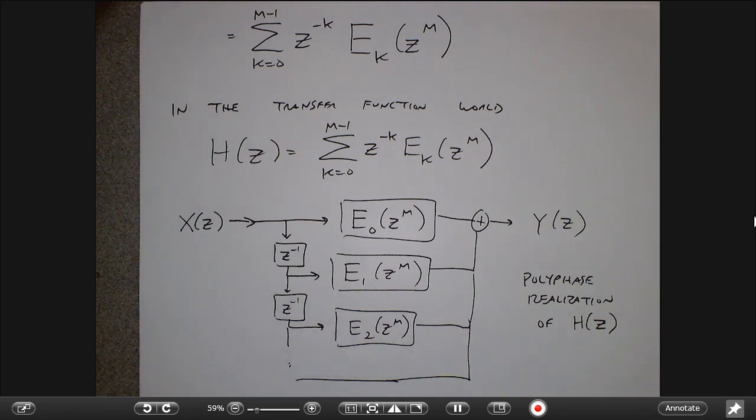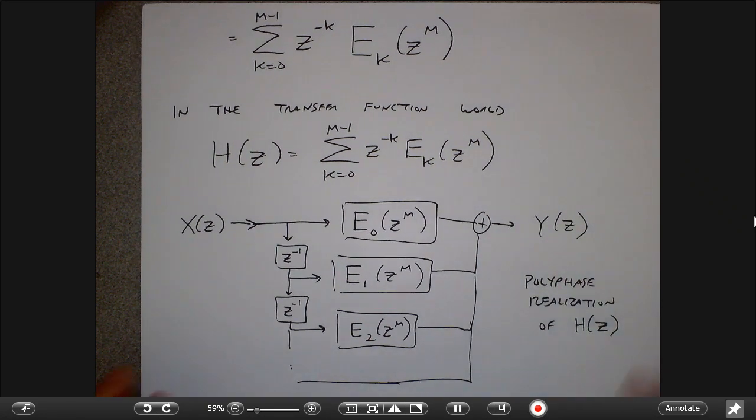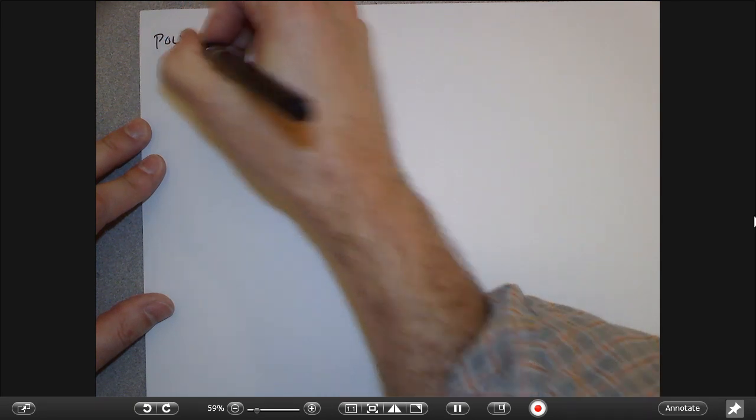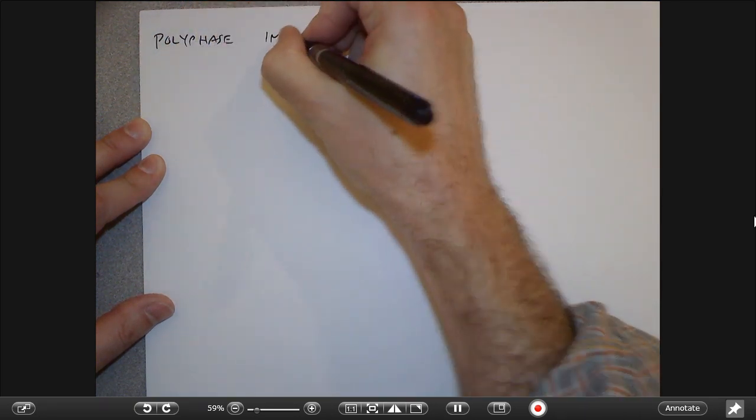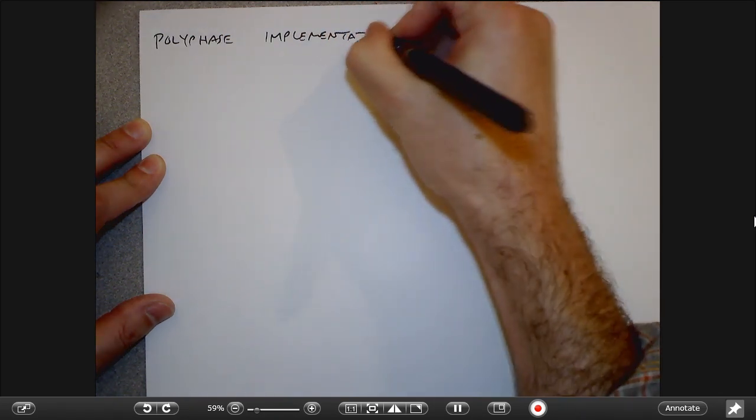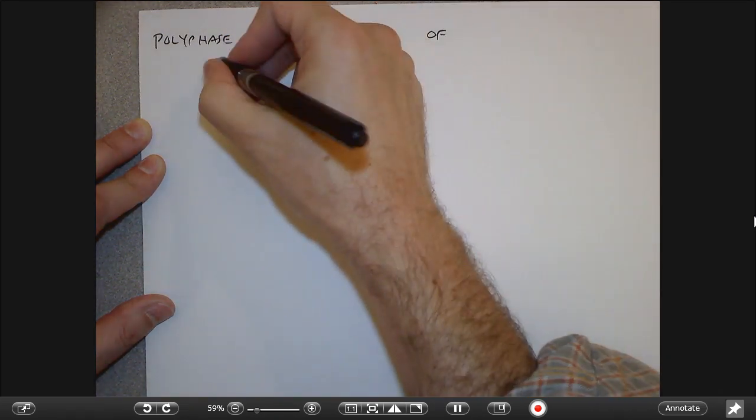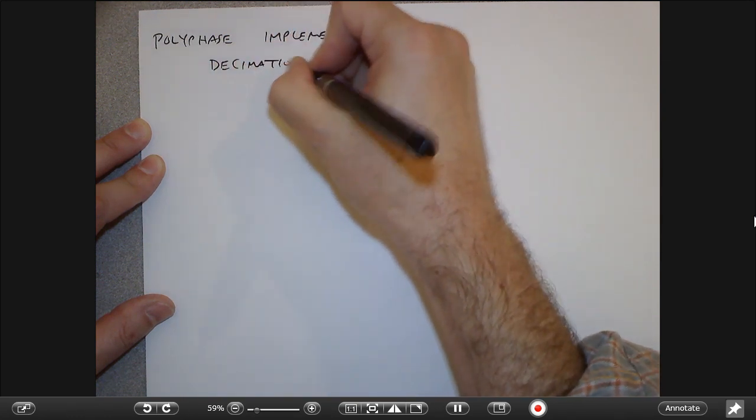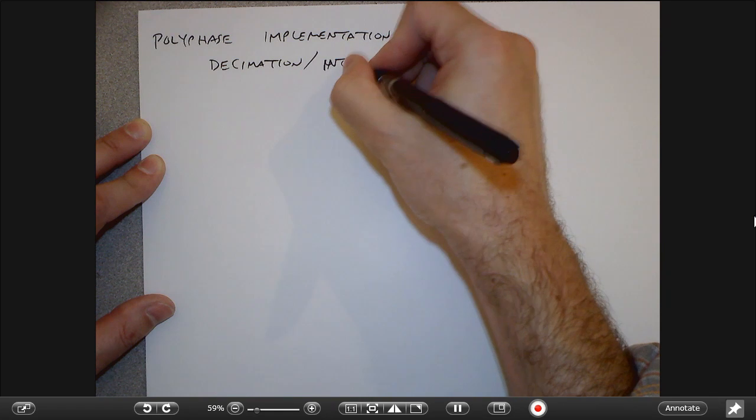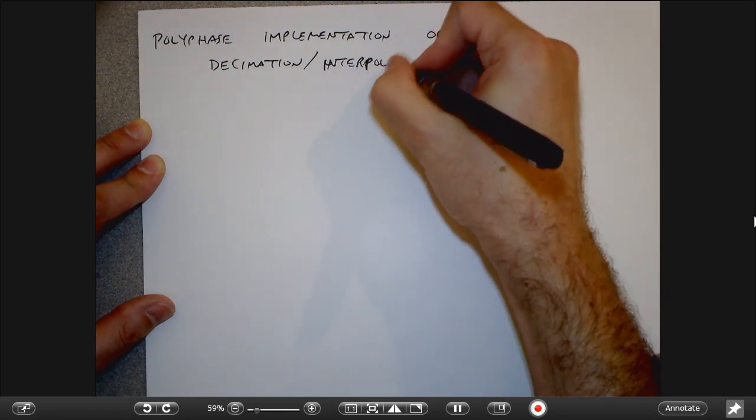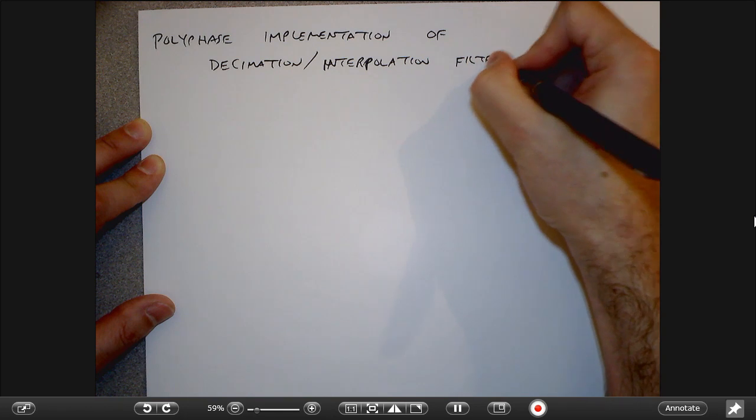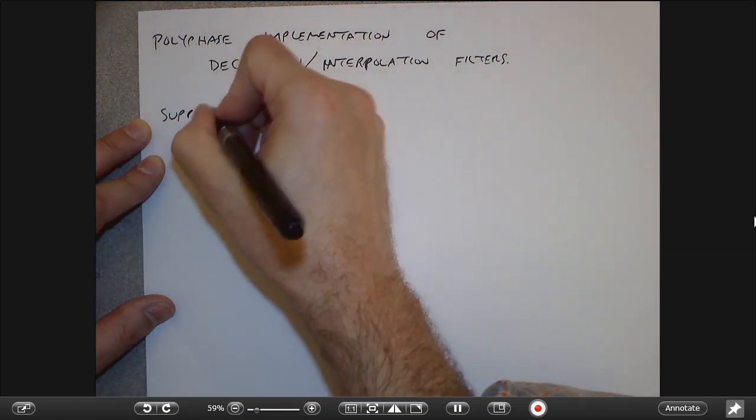Okay, so now let's put it together and think about why we wanted to do all this stuff in the first place. Let's consider a system in which I have to filter and then downsample. Now we're going to talk about the polyphase implementation of these kinds of decimation or interpolation filters, right? Upsampling and downsampling filters. Suppose we have a system